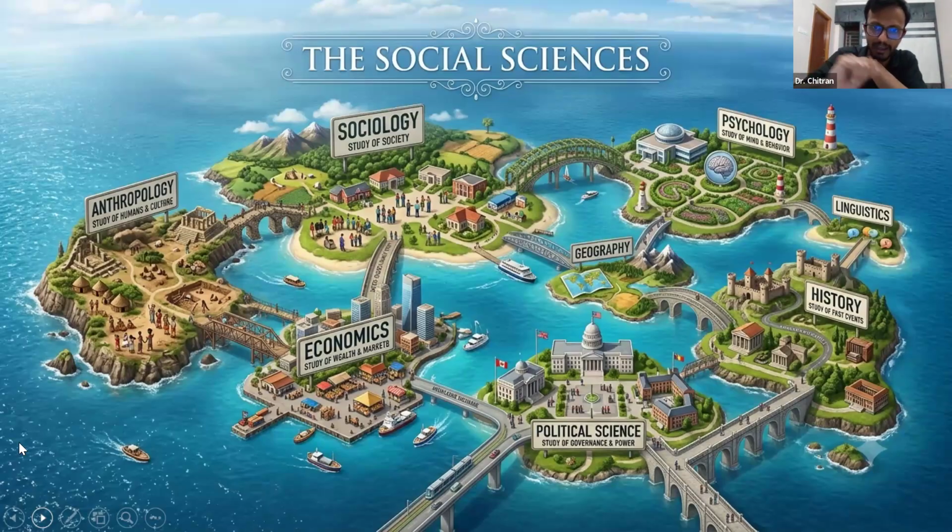Like, for instance, I'm from a history background. So I want to know about society, because caste is very much connected to society. So I'm taking a road, right? I'm taking this road to sociology and studying about society. So it is like an archipelago, a collection of islands with connecting bridges. Right? So we can use that kind of method very well in social sciences.